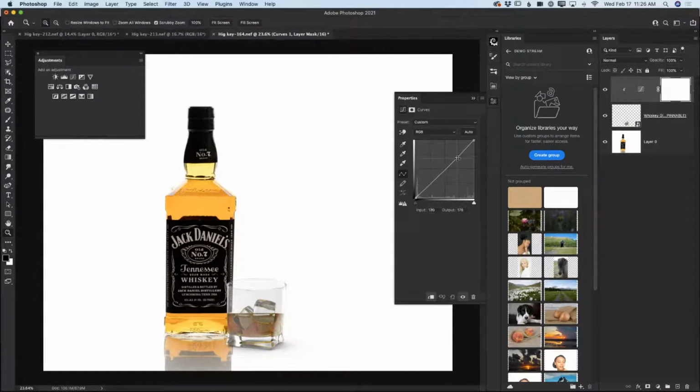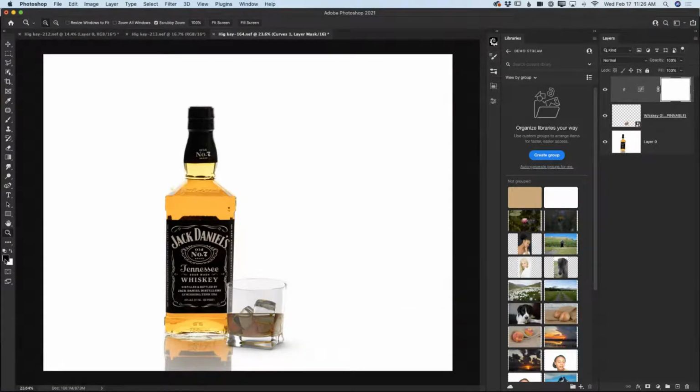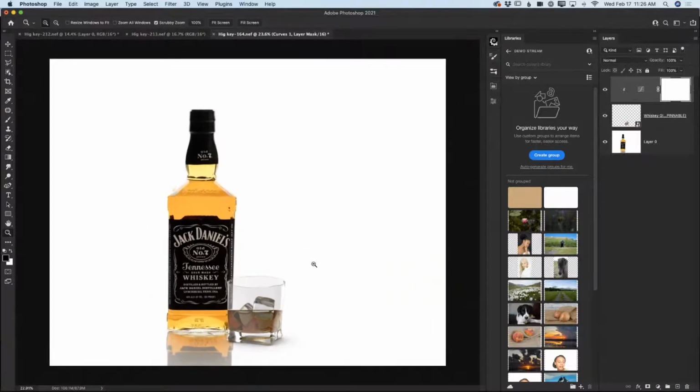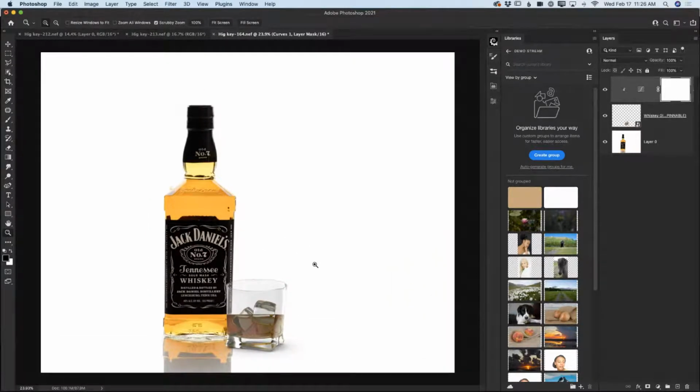And what I will do, maybe I will make my glass slightly darker. I will make the bottom of my glass slightly darker, just like this. And I'm happy. So guys, let me close all my panels. Look at this. Now we have our beautiful